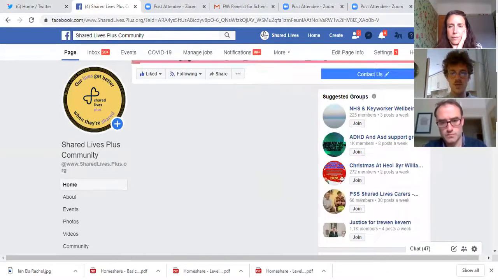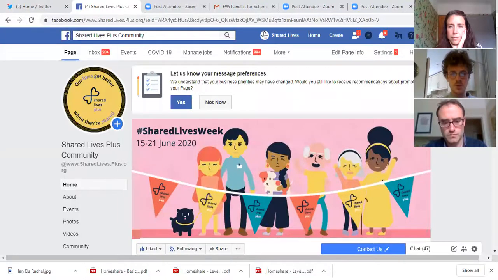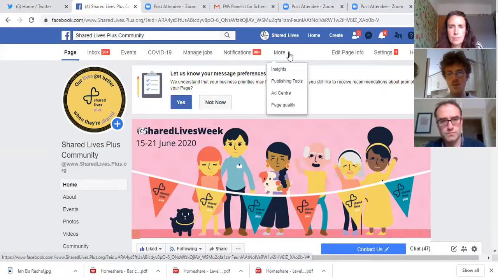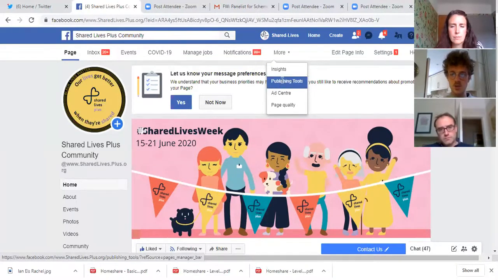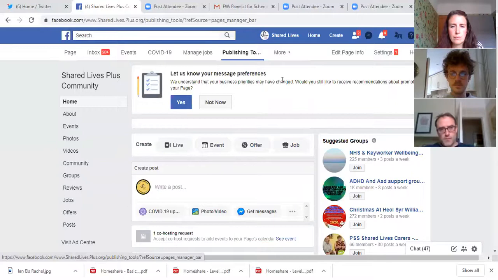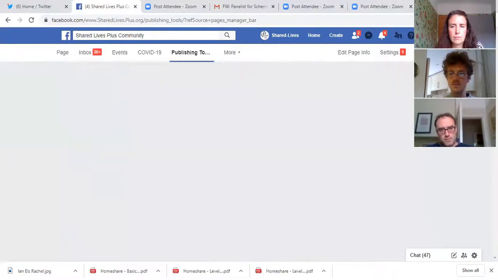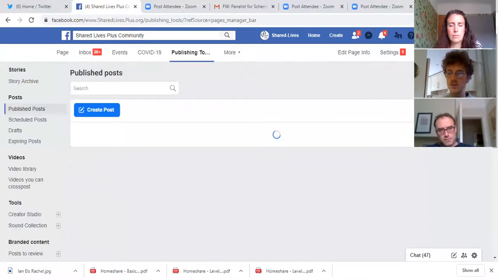and then you'll see your profile, and then you've got a host of options, on the left-hand column and on the top bar on the ribbon, and it's there we want to concentrate. So click the drop-down arrow next to more, and you'll see there the option to select publishing tool. So click on that. So let's have a load.